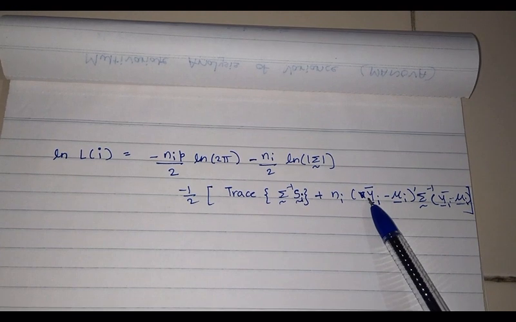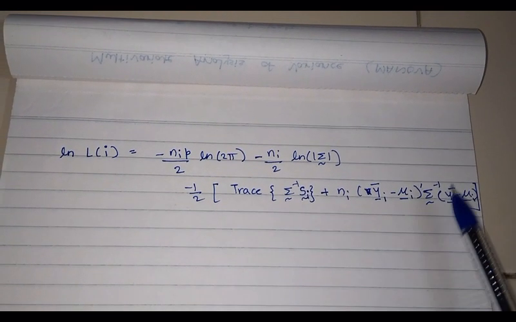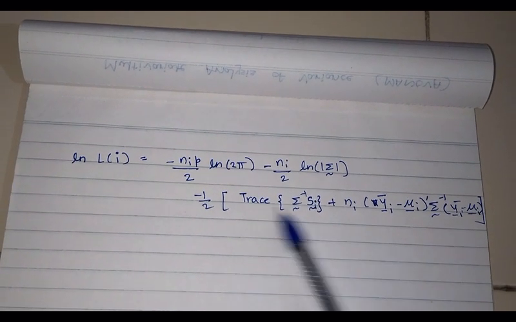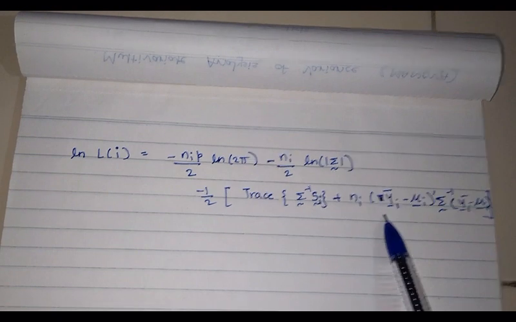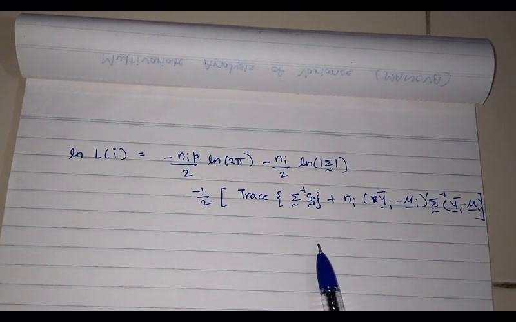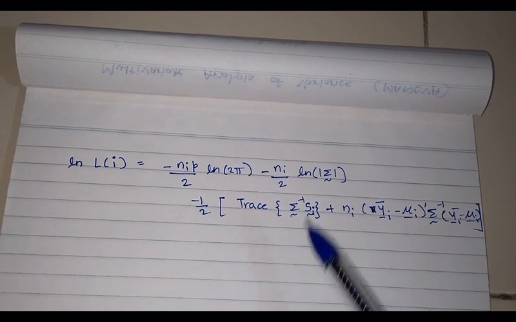So y_i bar is the sample mean for the ith sample, mu_i is the population mean for the ith sample, sigma is common, and I have sigma inverse S_i. So from where does this arise? I am not going to solve it here. It's homework. This is actually a question from the question bank that I sent yesterday, I think question bank 8.